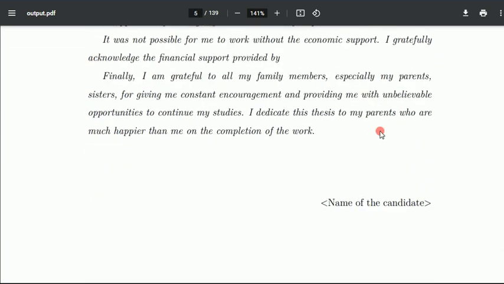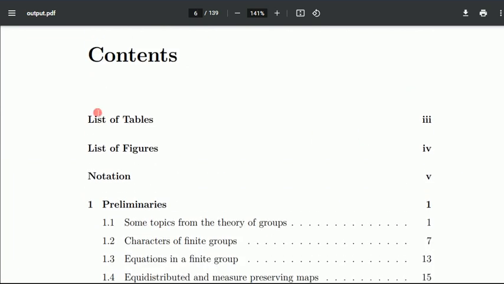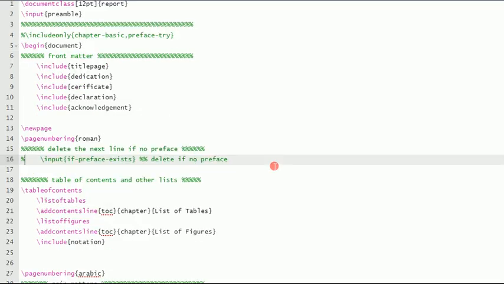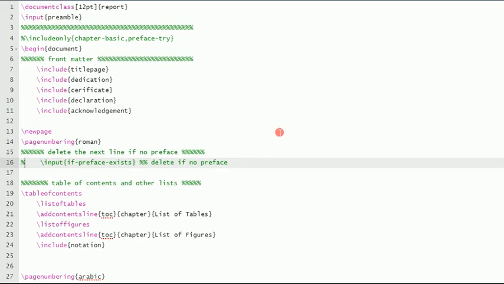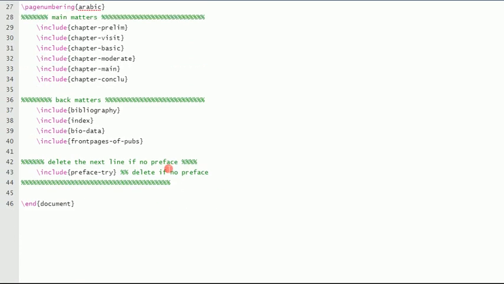See, acknowledgement, yeah, contents, there is no mention of preface or anything. So I will have to make some amendment. So I go to this main try file, where I have written my preface try right at